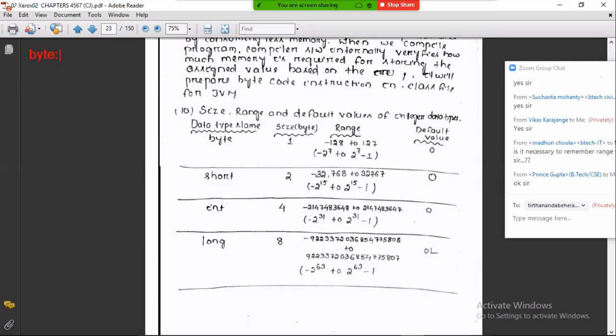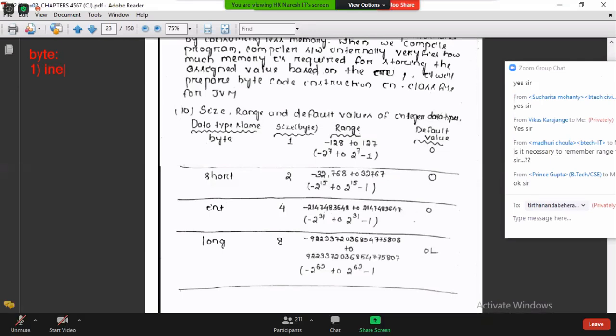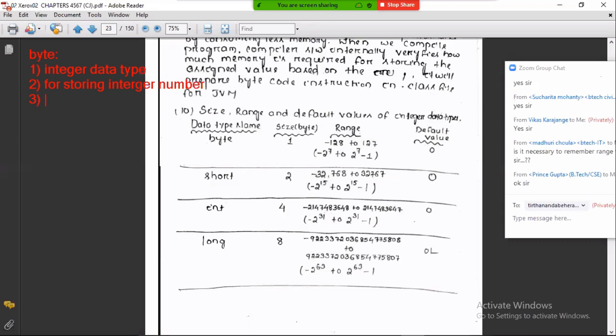About the byte data type: first, it is an integer data type. It is used for storing integer numbers. It provides memory of 1 byte. It allows us to store values only between the range -128 to 127.